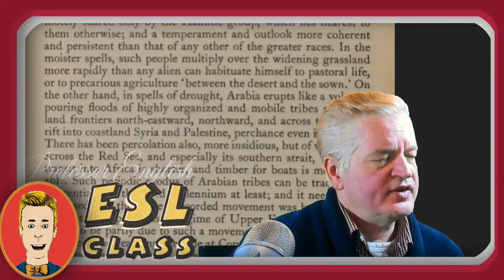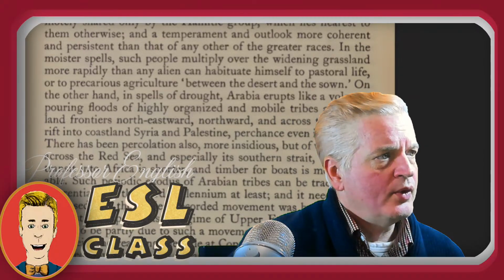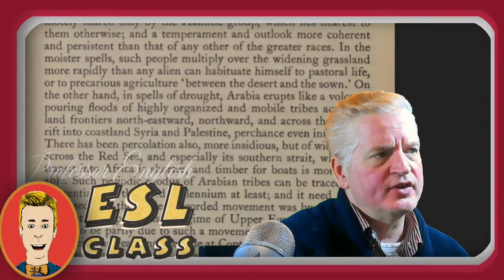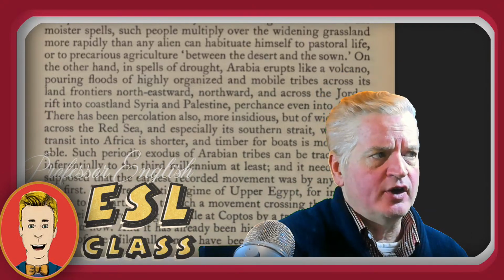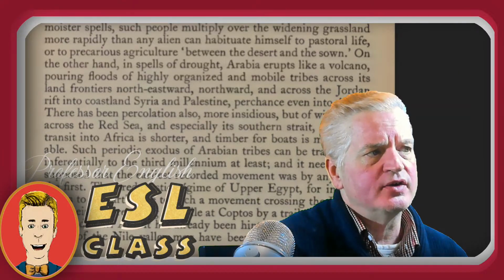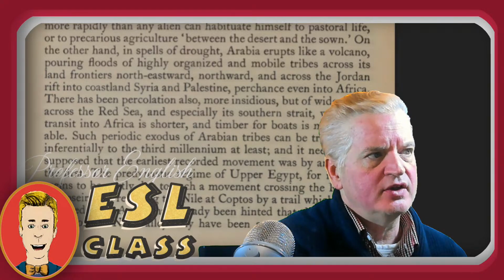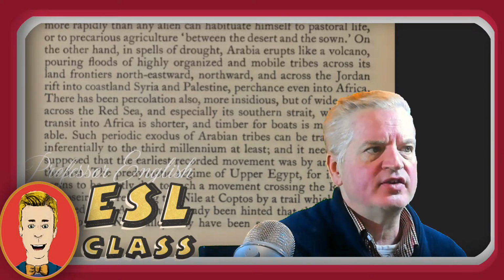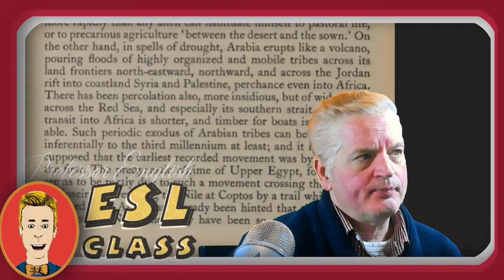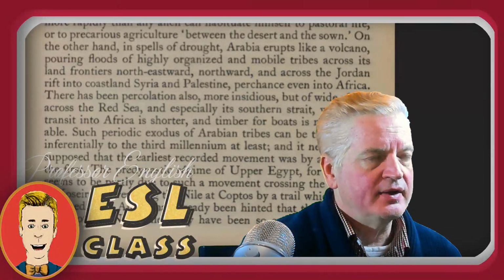So they're very adapted to this harsh, difficult environment, or to precarious agriculture between the desert and the sown. On the other hand, in spells of drought, Arabia erupts like a volcano, pouring floods of highly organized and mobile tribes across its land frontiers, northward, and across the Jordan River and across the Jordan Rift into the coastland, Syria and Palestine, perchance even to Africa. And so when there isn't enough water, they have no problem spreading out into other parts of the nearby lands,